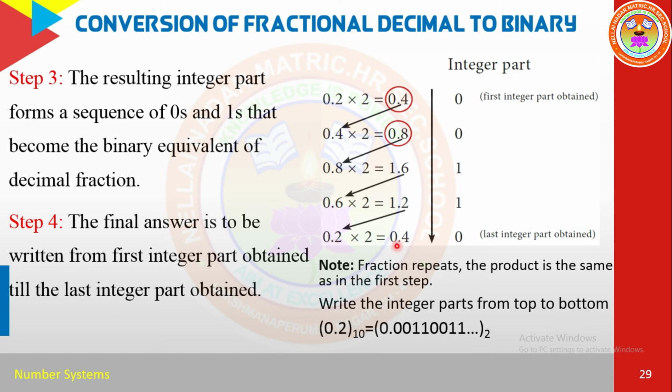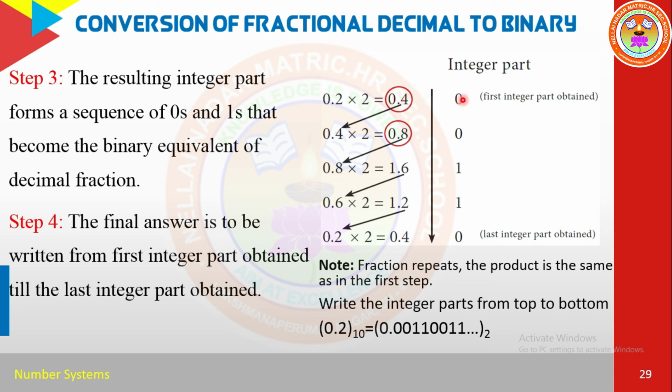Understood? So now 0.2 into 2 is 0.4. This step we already mentioned in the first one, so the same thing would repeat here. So at this point we can stop the execution. Up to the last step, the integer part is 0. That's all, right? After that we can't continue the calculation. So just leave the fractional part here for this value. Then the answer: always we read bottom to top, but for this fractional calculation alone, you write the numbers from top to bottom.